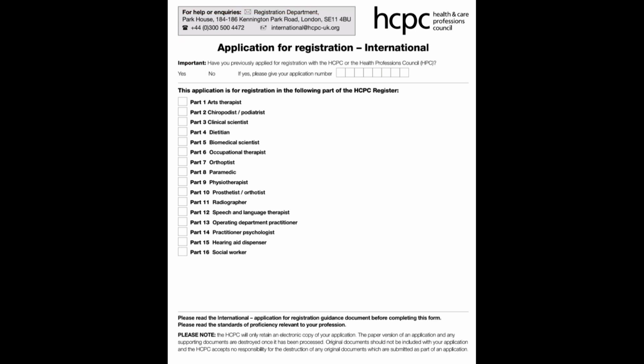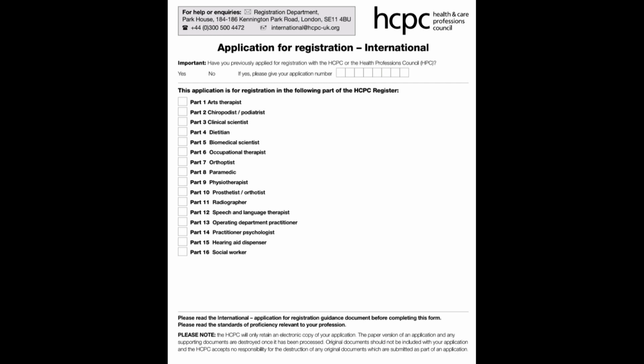So the first question is, have you previously applied for registration with the SCPC? If it is yes, then you have to give your application number, and if it is no, just put a tick mark in the no box. This application is for registering in the following part of the SCPC register.